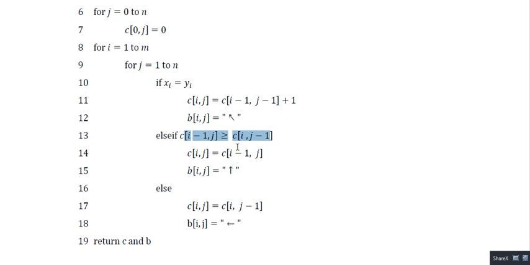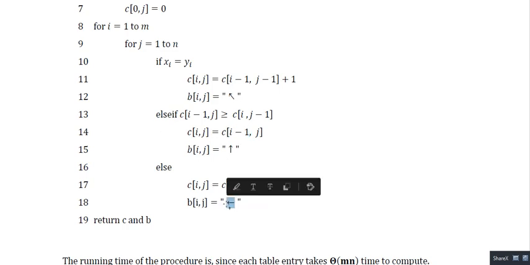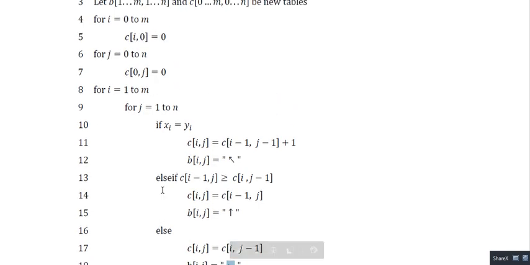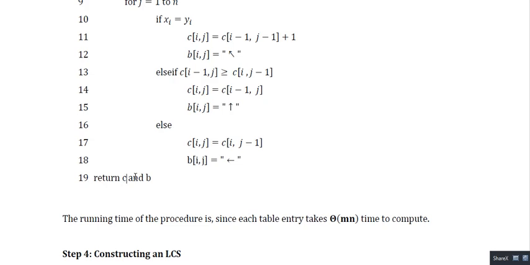Going up in the matrix means the row index will change. If we are at the 4th row, i minus 1 means we are going to the 3rd row. And the left arrow means we are going left to the column. If we are at column 4, then we are moving to column 3, so it is the left symbol. Finally, the target is to find the matrices C and B. C will give us the length of LCS and B will give us the actual information to determine the characters present in our LCS.